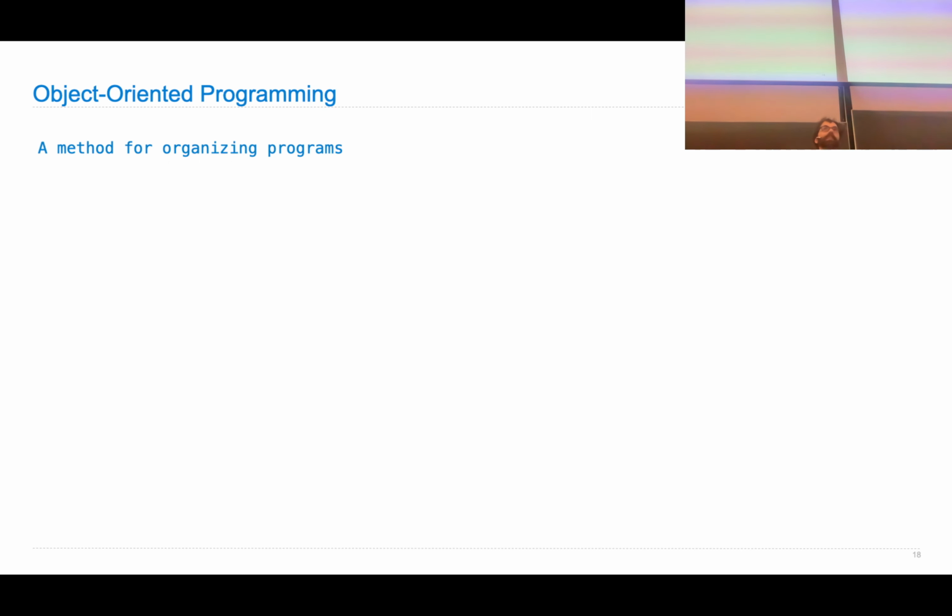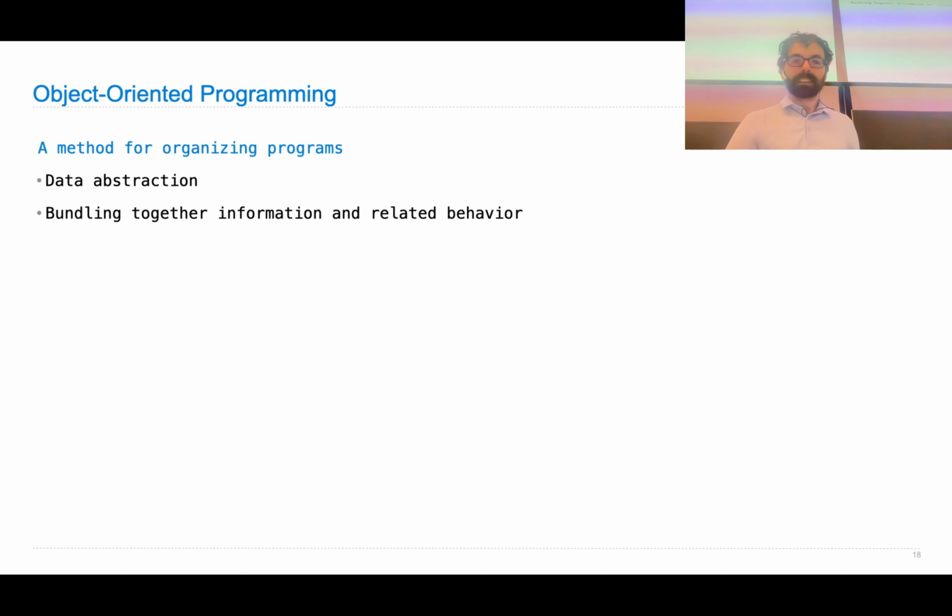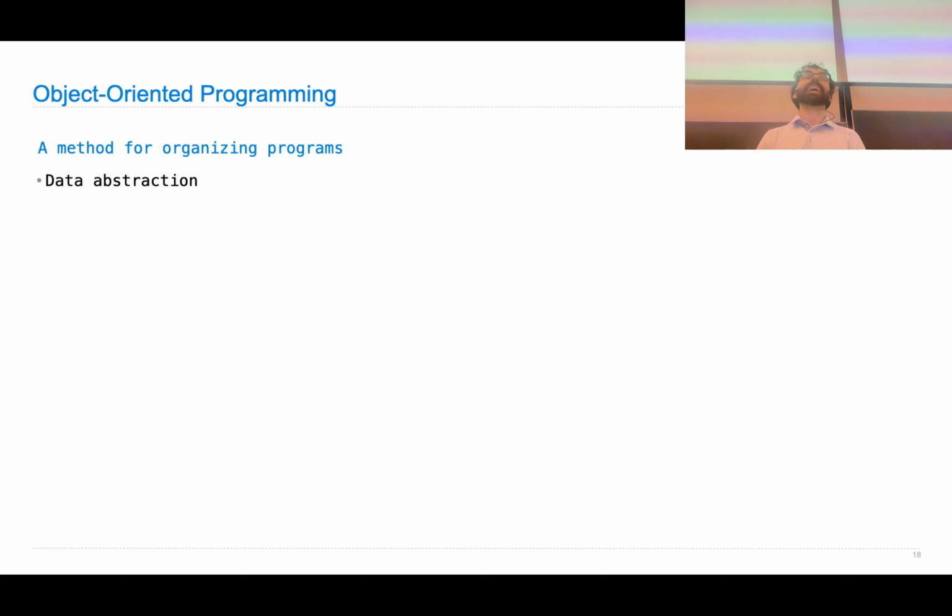So object-oriented programming doesn't do anything new. There's nothing new that you can do with OOP that you can't do with normal non-object-oriented programming. But the basic idea is that you're going to take your data and abstract it. What I mean is that rather than passing a list of integers around, I'm going to have an object called coin combination, and you don't know if it's a list or a set or whatever. It's a coin combination, is what it says it is. That seems like a very subtle distinction. But another example that you'll see on assignment 4 is there's a person class. And you're not thinking about what's inside the person class, there's just a person.